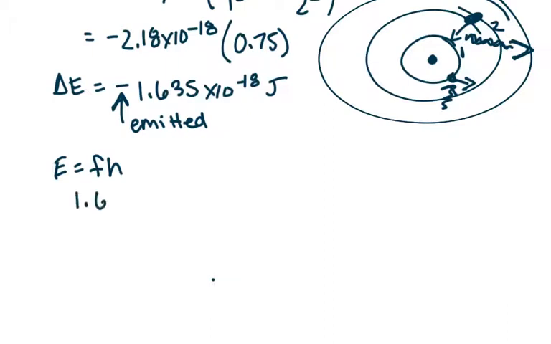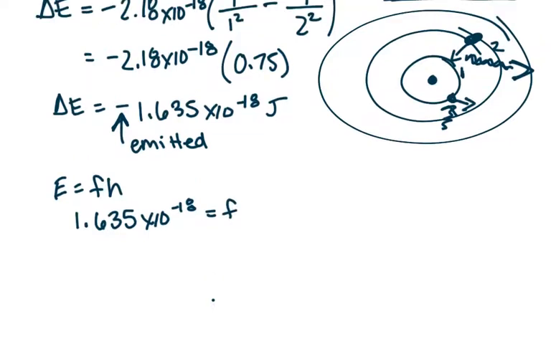The value of E was 1.635 times 10 to the negative 18, and that's going to equal my frequency, which I don't know, that's what I'm going to find, and then my Planck's constant, which is 6.626 times 10 to the negative 34. So I'm going to go ahead and solve for my frequency by dividing both sides by 6.626 times 10 to the negative 34. And I get the frequency of